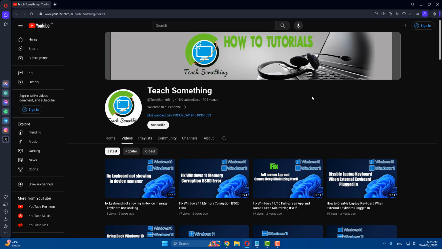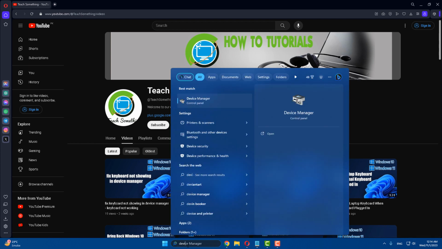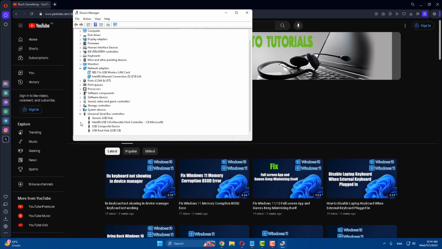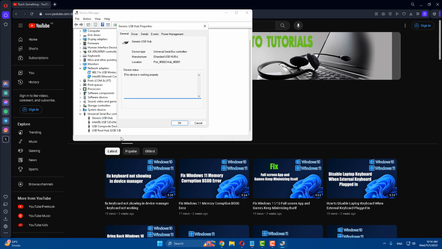But if your problem still persists, then you can try a third method. The third method is that in the search box type device manager, open Device Manager. After doing this step, select Universal Serial Bus controllers, right click on all the drivers and go to Properties, go to